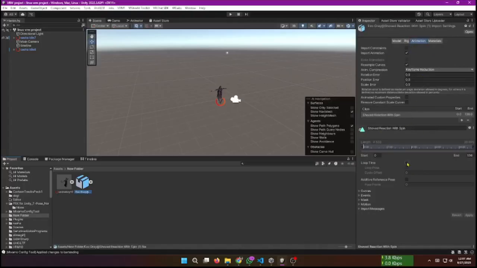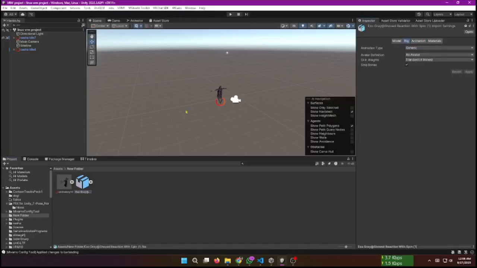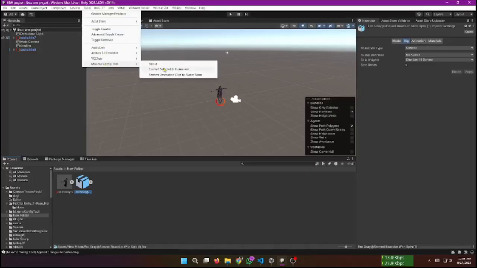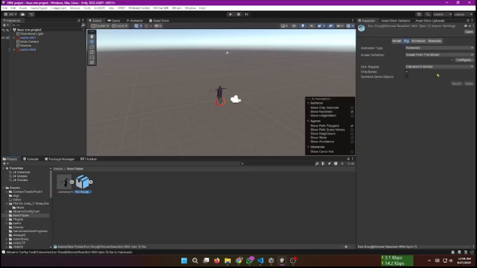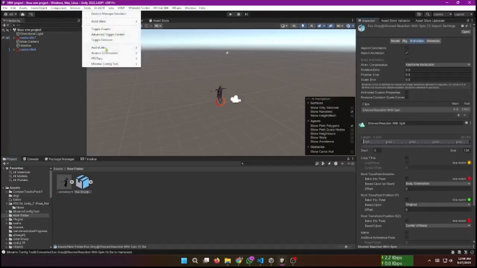You can see this is not configured with the characters. So you can use this Mixamo configure extension for batch processing. Just simply click on one and it's automatically configured, and then you can select it